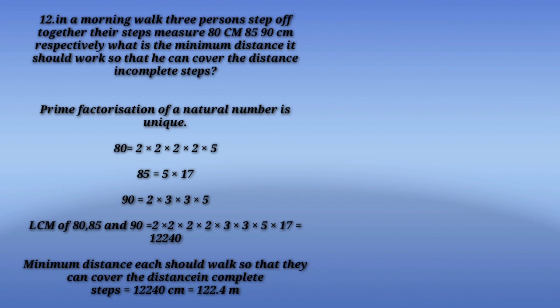So students, we will do the prime factorization of 80. The prime factorization of 80 is 2 into 2 into 2 into 2 into 5, and the prime factorization of 85 is 5 into 17. Prime factorization of 90 is 2 into 3 into 3 into 5. So taking the LCM of 80, 85 and 90, we are getting the LCM 12,240. So the minimum distance each should walk so that they can cover the distance in complete steps is